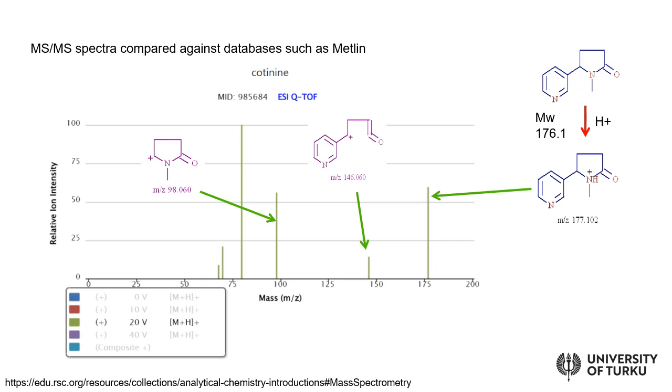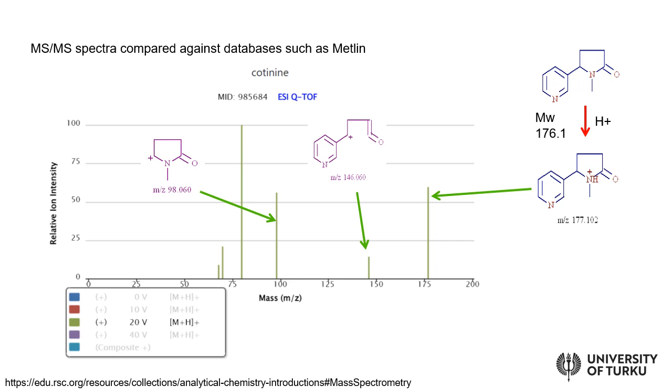So basically, this is the look that you have in the database, and then you have your spectrum, what we just saw on the previous slide. And then you compare, do you have the same fragments or not, and then you can decide that, okay, this one here, I have the very similar ones, and so that means that identification can be done, and the compound can be annotated based on the database.